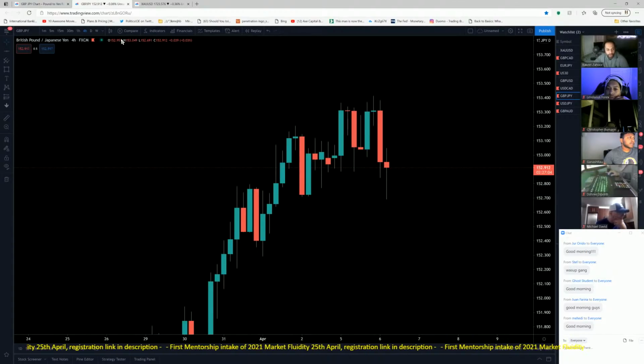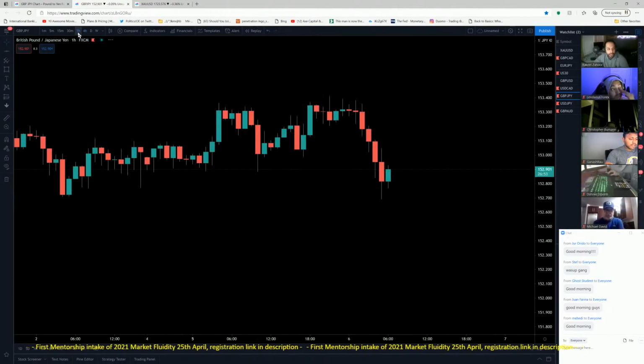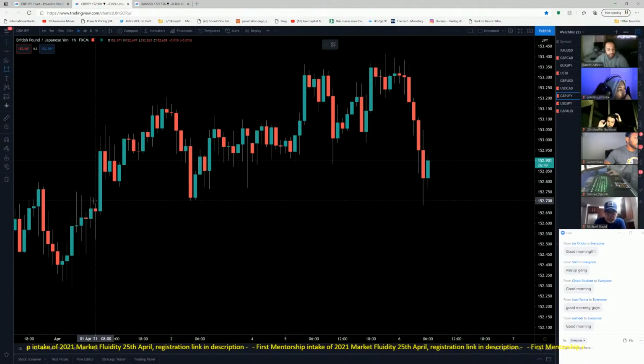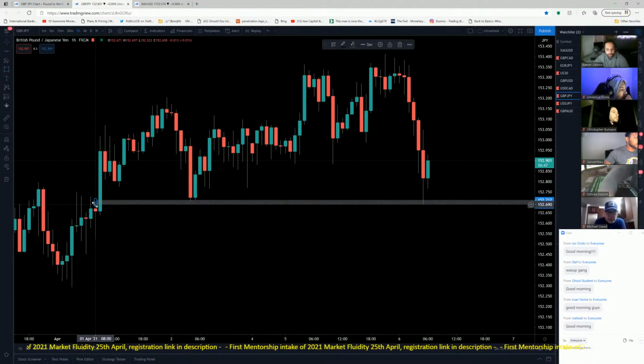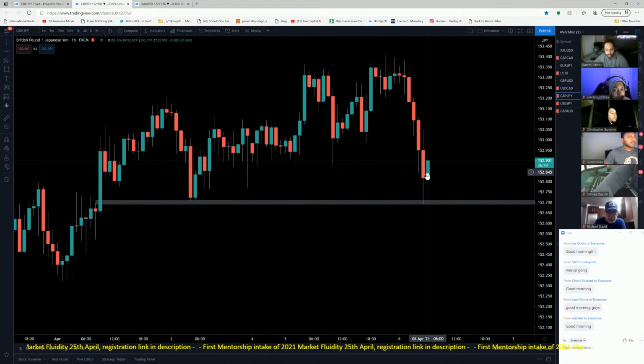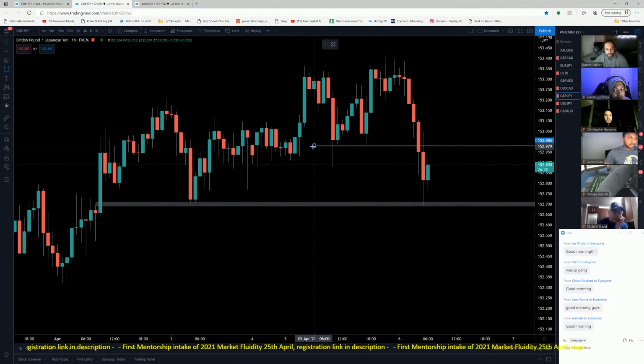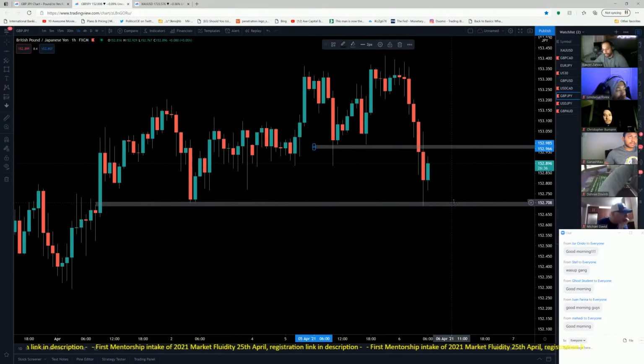Now, what's interesting is, did it reject to continue down, or did it reject just to continue bullish? That's something we need to identify. I think it rejected to continue down because looking on the 1-hour time frame, it seems like we did tap into the support. We made a low at this point. We're coming up right now. We broke below these supports. So I think we're coming up to do a retest to come down to retest the low